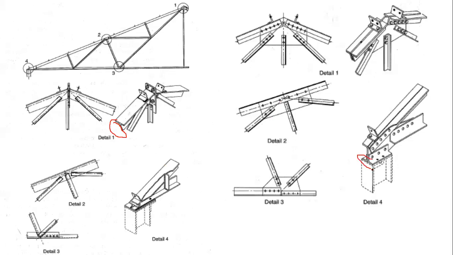This is the bottom tie member which is provided back to back. Sorry, this is actually the shoe angle. This is the bottom tie member and the principal rafter, same things. I want these things to be clear in your mind, what you'll be designing, what type of member you'll be providing.